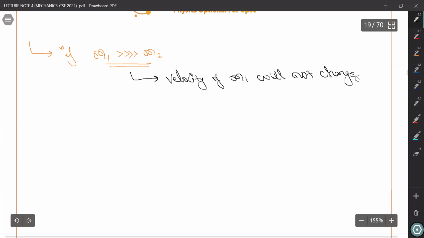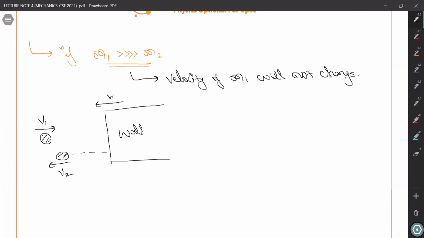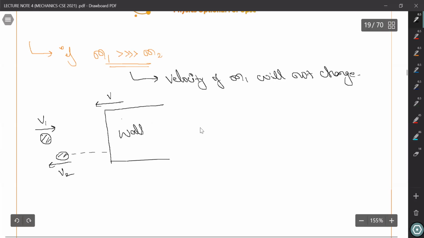For example, if this is a wall and you throw a ball on it, the ball comes with v1 and rebounds with v2, but the wall is still there. Also, if it is a truck or a wall moving with v, it will not change its speed because its mass is very high, right? So when a very small mass collides with a very large mass, its velocity doesn't change abruptly. Okay,